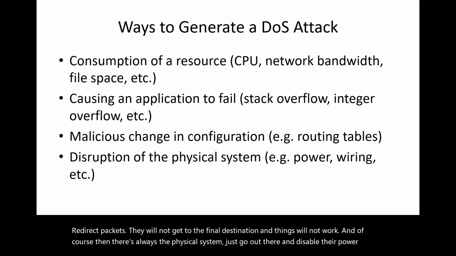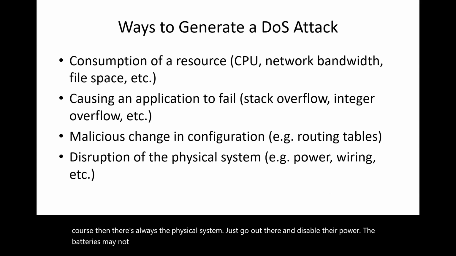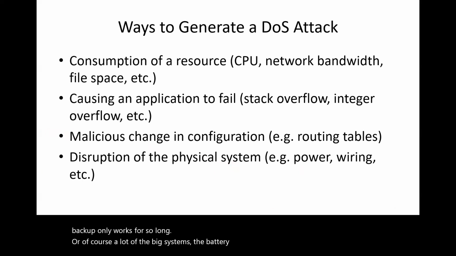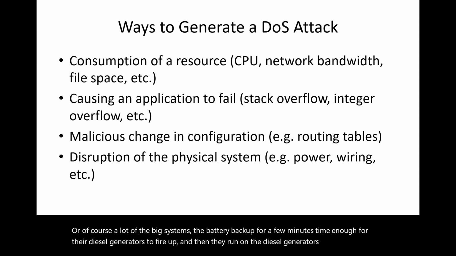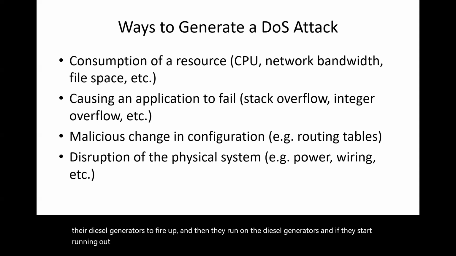If it's a really important site, they probably have battery backup, but the battery backup only works for so long. A lot of the big systems have battery backup for a few minutes, time enough for their diesel generators to fire up, and then they run on the diesel generators. And if they start running out of diesel fuel, they'll go out and get more. But if you break those,